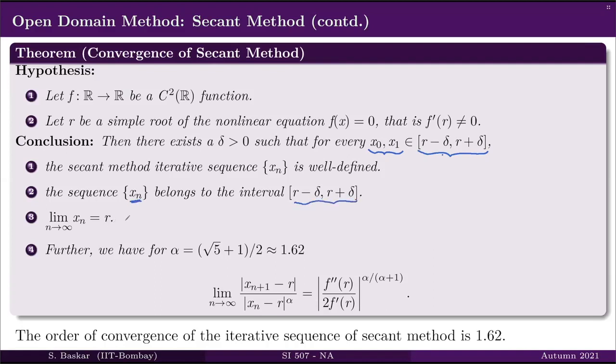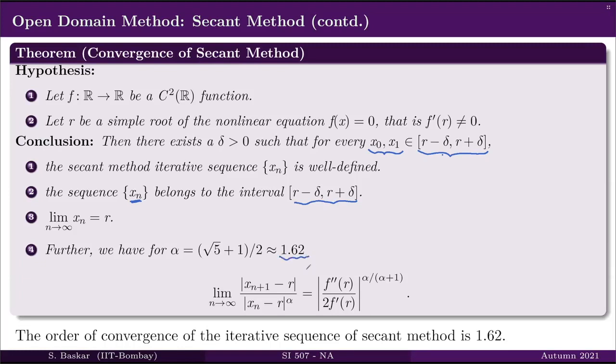And finally, the theorem also concludes that the sequence xn converges to r as n tends to infinity. Further, the theorem also says that the order of convergence of the secant method is